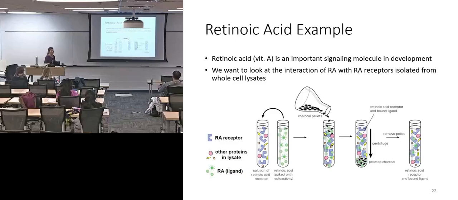So here was our other example. Retinoic acid, or vitamin A, is another type of signaling molecule, and we want to measure the interaction of retinoic acid with its receptor, and we've isolated this from a whole cell lysate. So we had some cells, and maybe we chemically dissociated their membranes or busted them open,